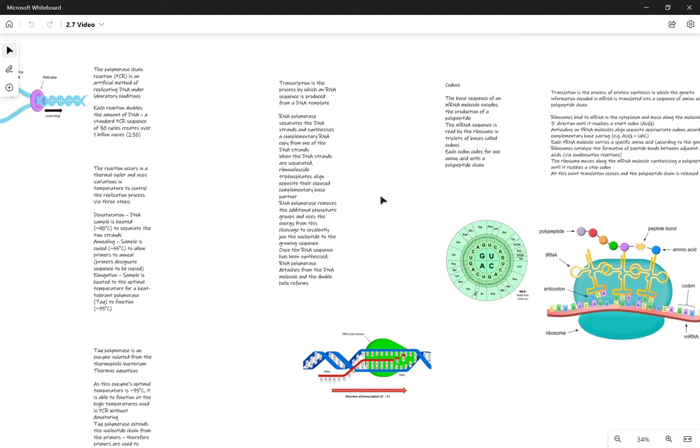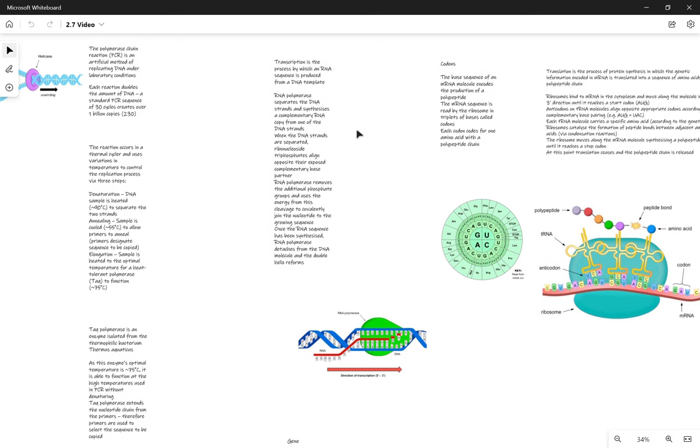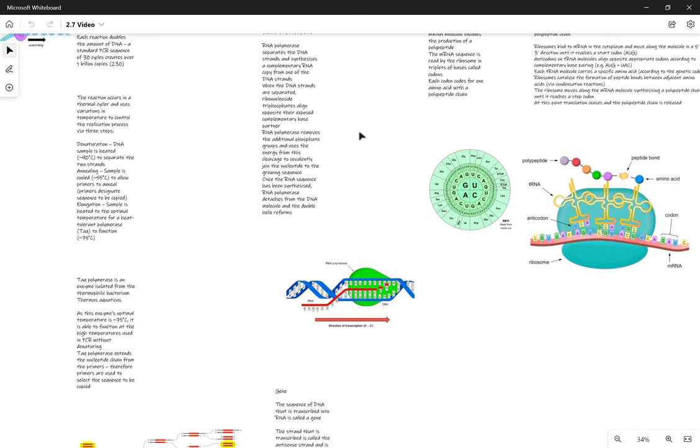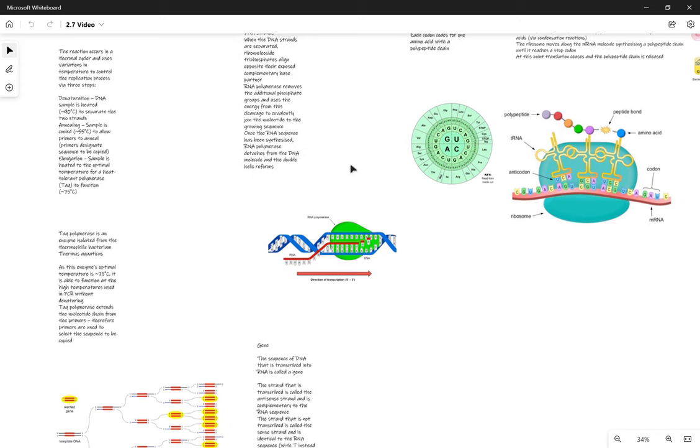Transcription is the process by which an RNA sequence is produced from a DNA template. RNA polymerase separates the DNA strands and synthesizes a complementary RNA copy from one of the DNA strands. When the DNA strands are separated, ribonucleoside triphosphates align opposite their exposed complementary base partners. RNA polymerase removes the additional phosphate groups and uses the energy from this cleavage to covalently join the nucleotide to